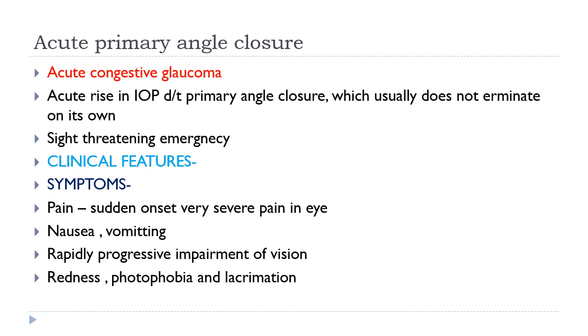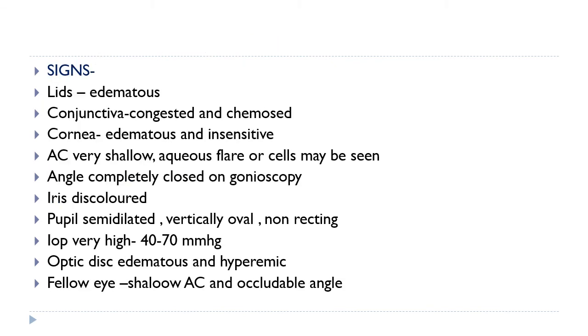The symptoms are very severe, sudden onset pain in one eye. He will have nausea and vomiting, and then progressive impairment of vision, redness and photophobia. On examination you can see severe lid edema, circumcorneal congestion, and a very congested conjunctiva. The cornea appears edematous and is insensitive to touch, and the AC is completely shallow. Because of the inflammation, aqueous flare and cells